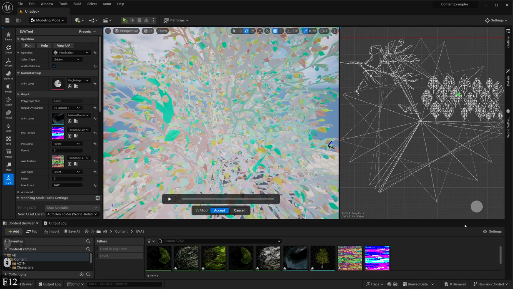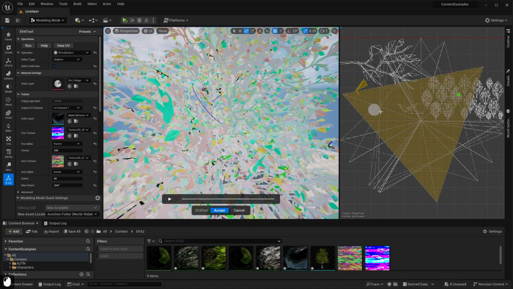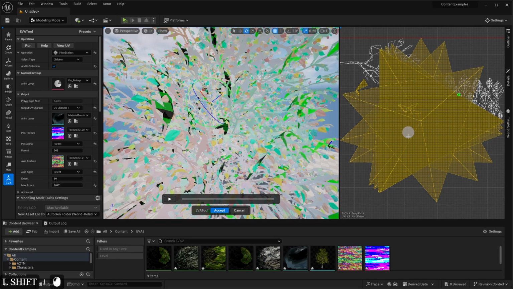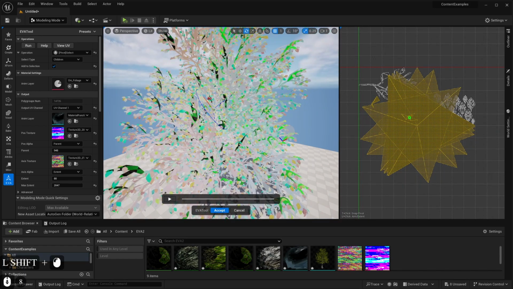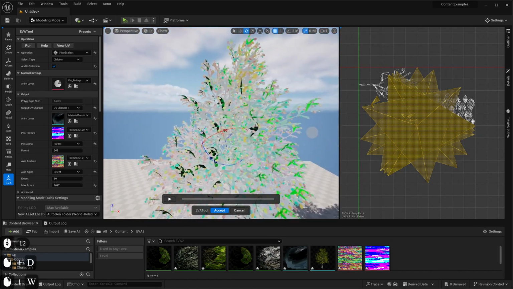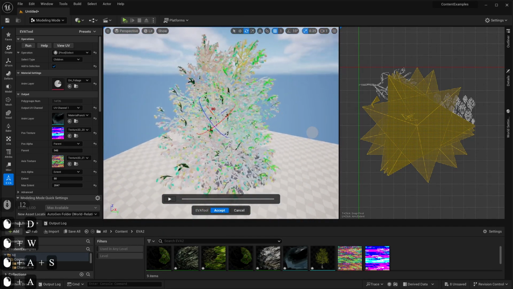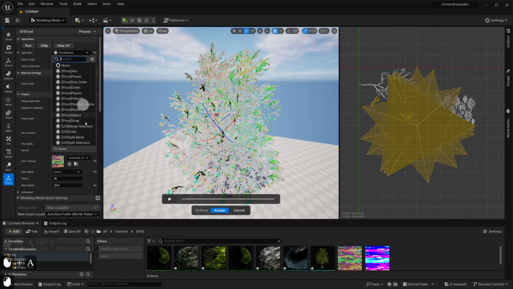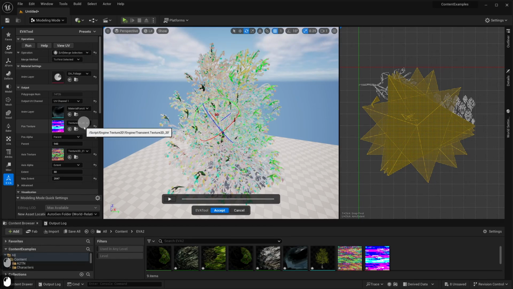So here in UV space I have those parts, and we have the caps, and we have those other parts. We select them all in UV space, and then you can see they are selected here, and then we will use the operation merge selection, and there